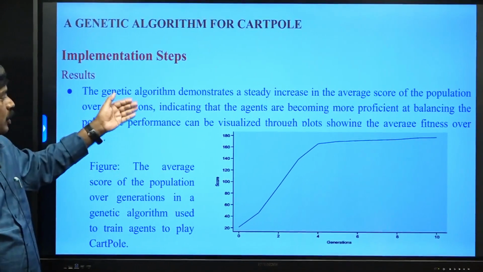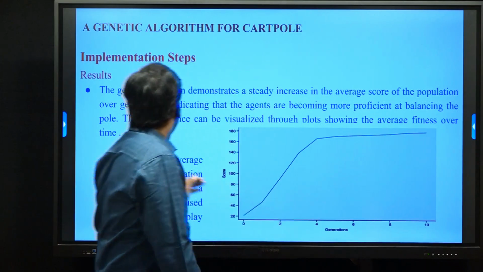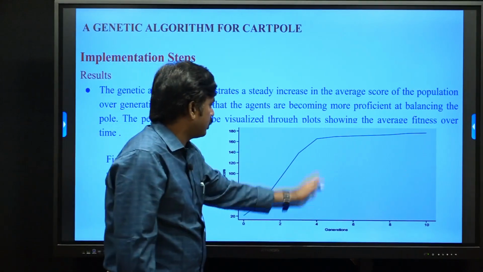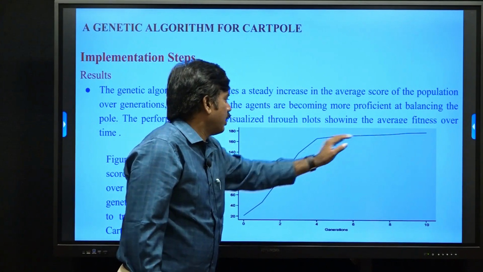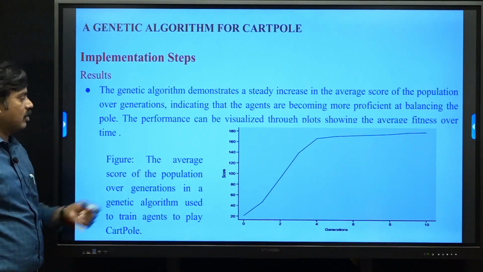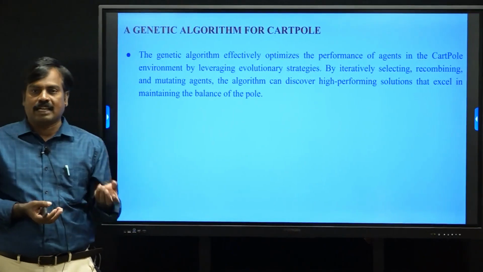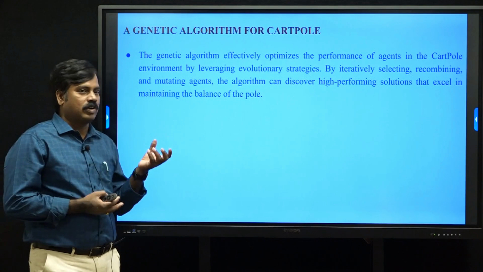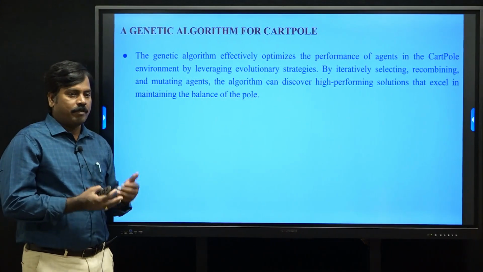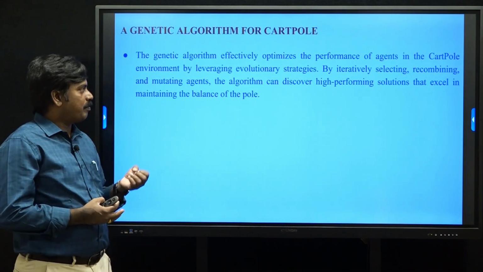The genetic algorithm demonstrates a steady increase in the average score of the population over the generations. After the fourth generation, we got a good result in this example. So we implemented the genetic algorithm on Cartpole by applying mutation, selection and crossover, natural selection approaches